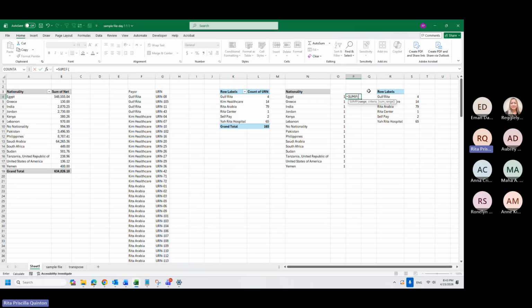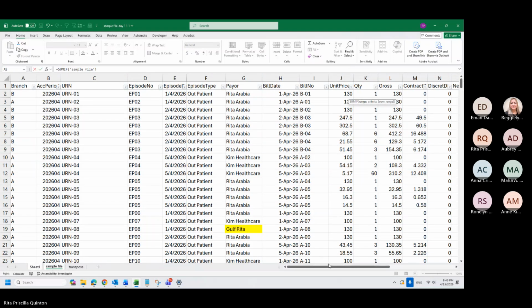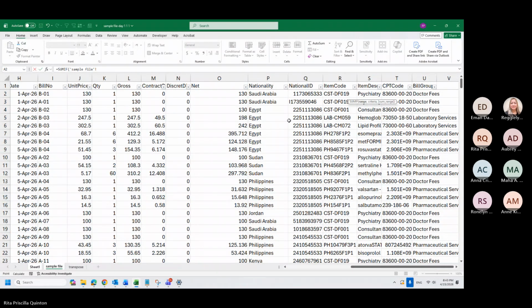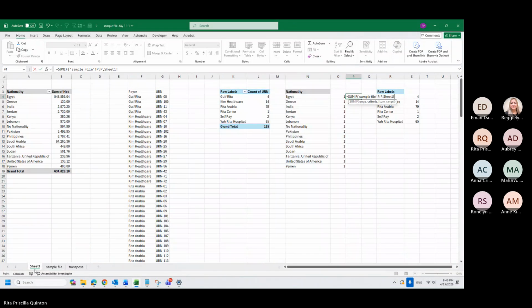For example, I want to know the amount for each nationality. I can go here on the sample file. Sum if this nationality is, I will press comma, the same as this nationality. And then sum for me, sum range.